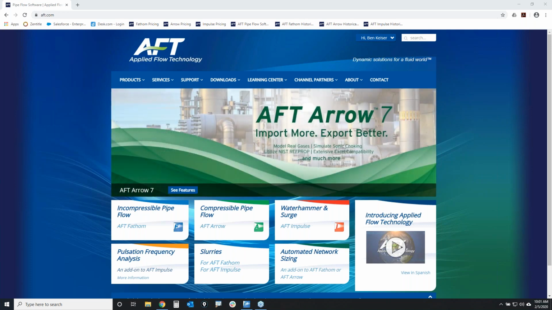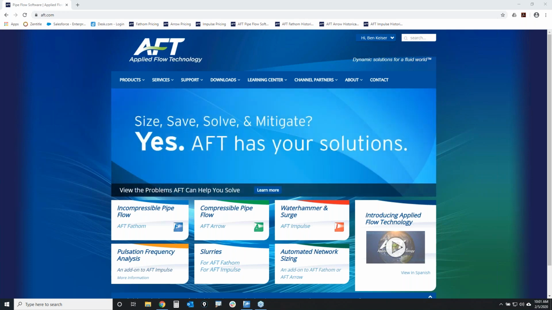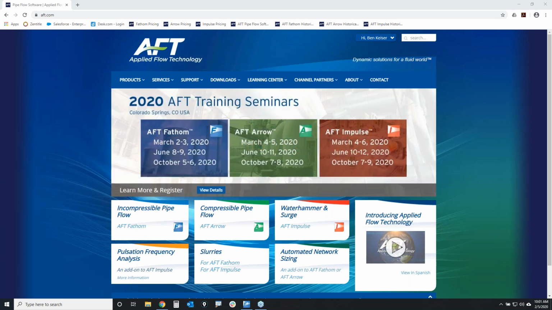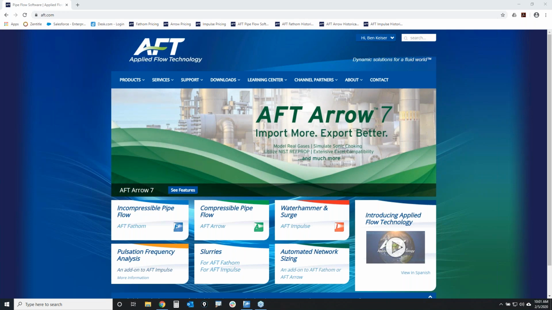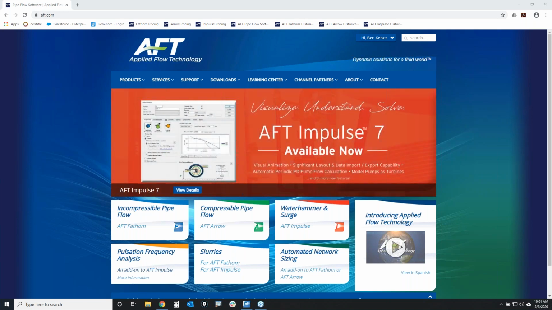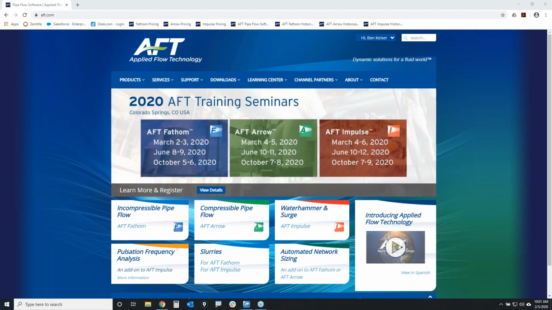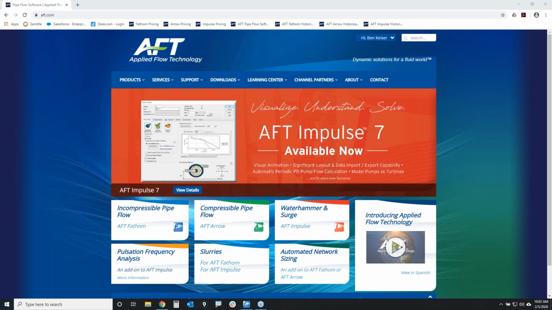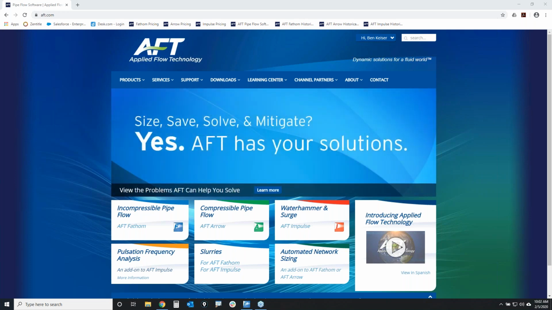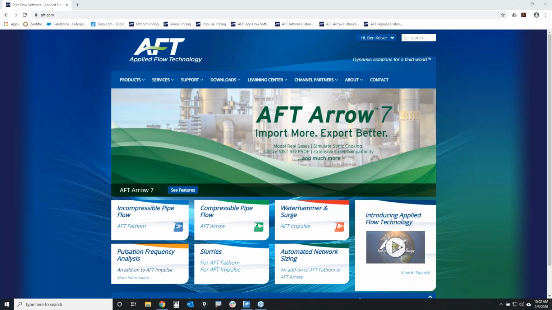Excel, and also I want to give you all a newsworthy item that we are just about to release the next version of AFT Fathom, which will be AFT Fathom 11. The release is set to drop at any moment. We are putting on the finishing touches and the final polishes right now, and we're very excited about the new features that will be coming out with the next version. And I'm actually going to show you one of them in regards to pump and system curves, and I'm really excited about it. It works very well,